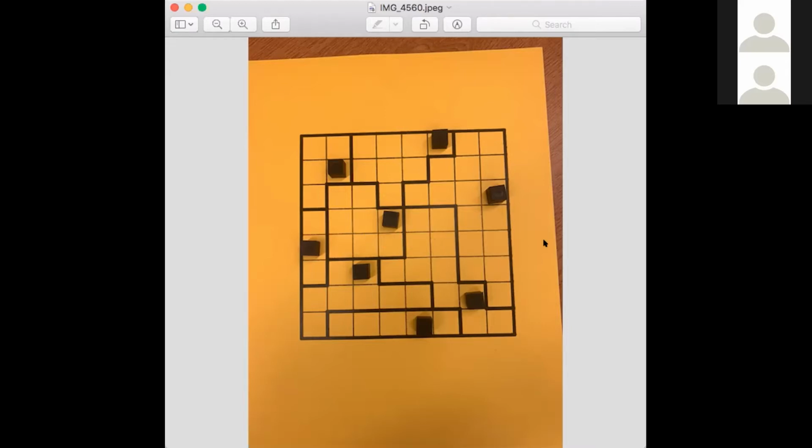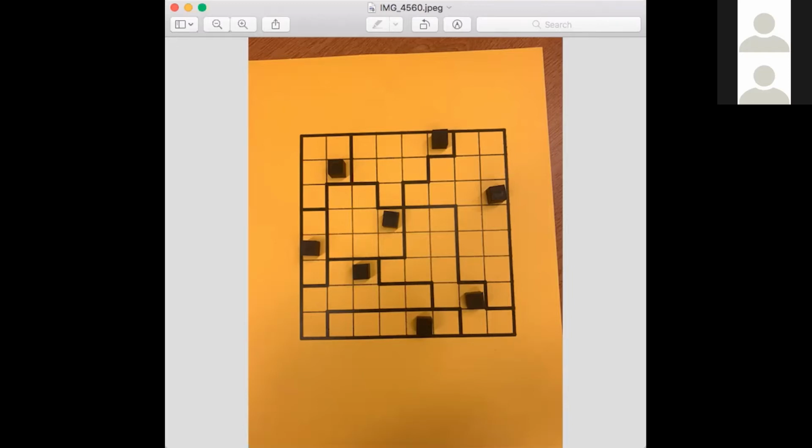Good. And so as an instructor, when I went over to check the students' work, I looked for exactly those four things that you all noticed: one cube per column, one cube per row, one cube per region, and then the adjacency prohibition, if you will. Okay, so let's look at